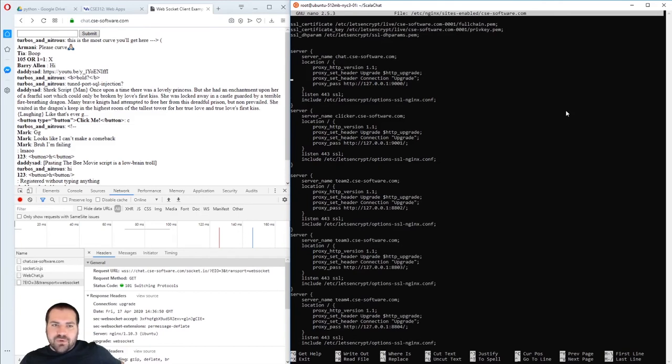Forward that to port 443, and then all this configuration handles the 443 request. So nobody can connect without being encrypted. But once we're inside the server, going from this Nginx, follow me here,